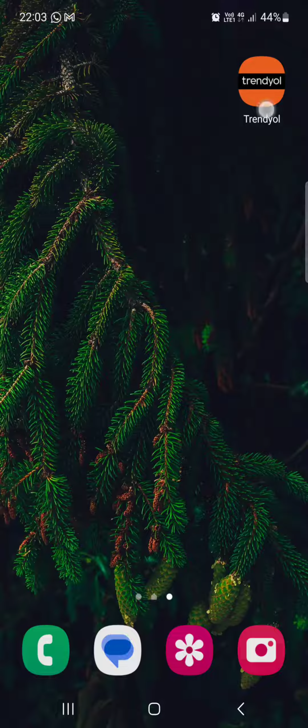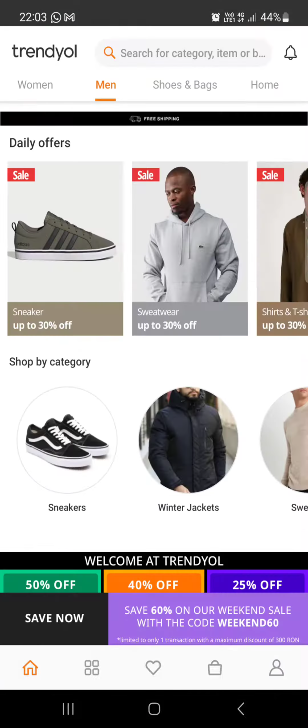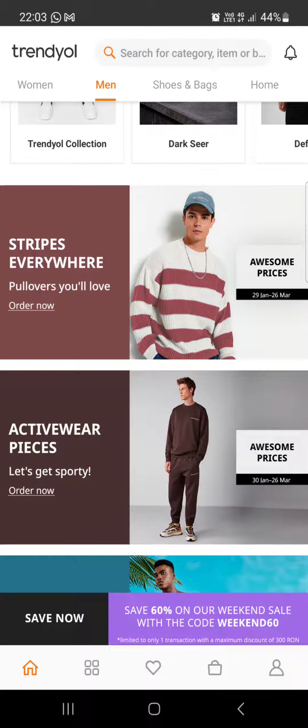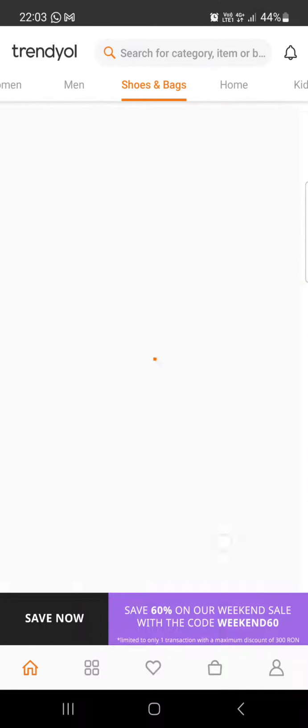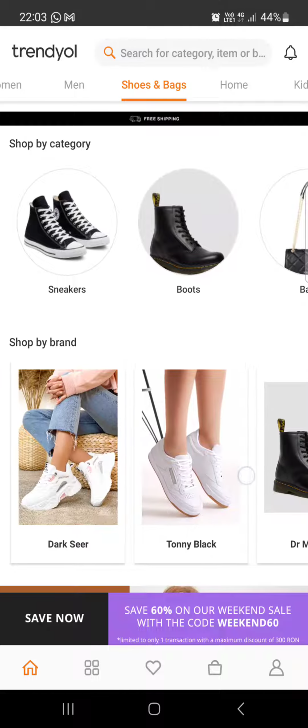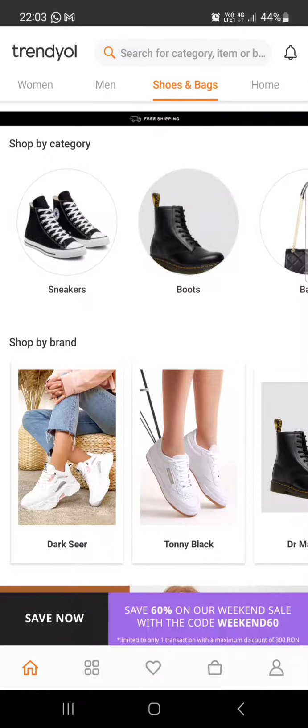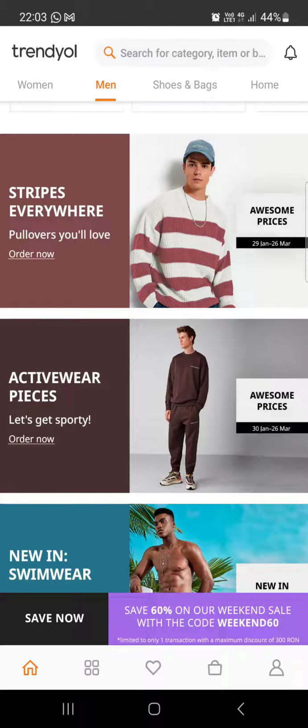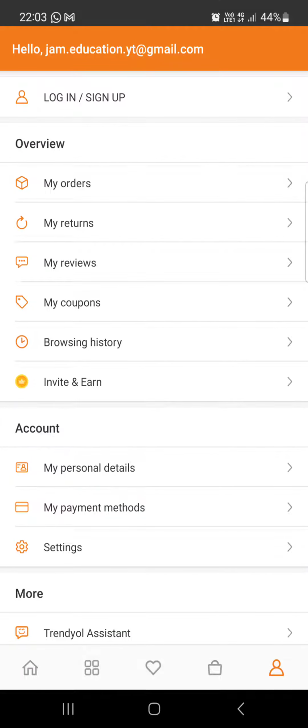First you have to open up the Trendyol app, and here we have the app opens up in the home menu where we have some recommendations and some articles that we are suggested. But from this menu we have to go and tap on the little person icon in the bottom right corner,